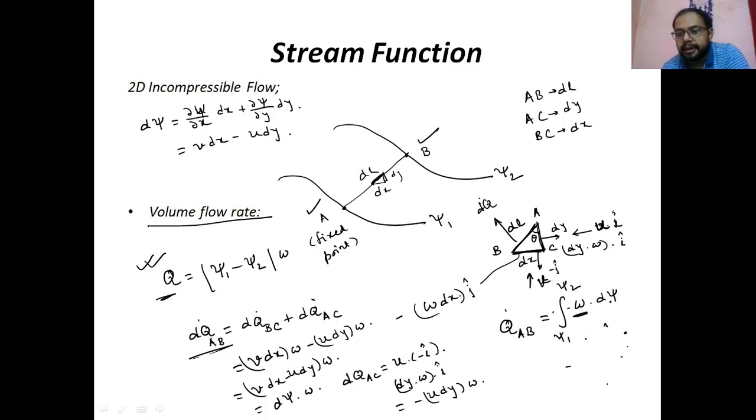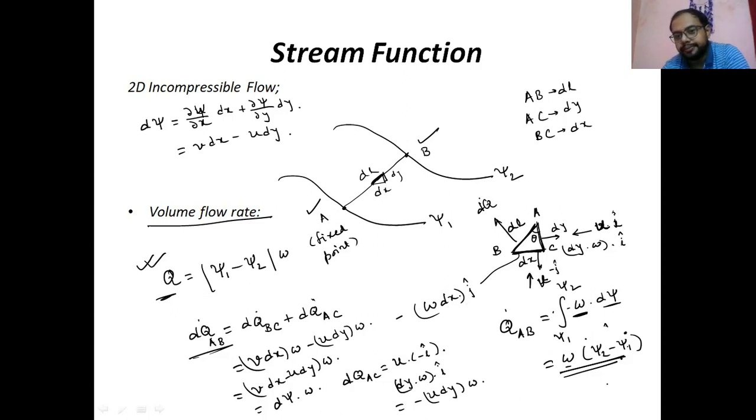Width is not dependent on psi, so width will come out, and your equation becomes psi function 2 minus psi function 1. That would be the volumetric flow rate across the streamline. If it is the same streamline,